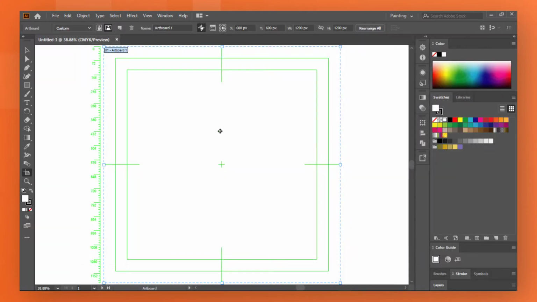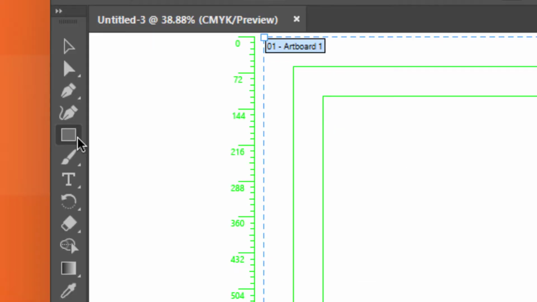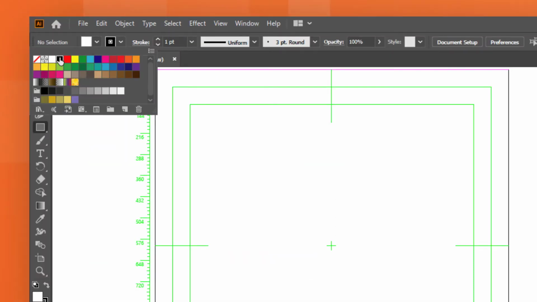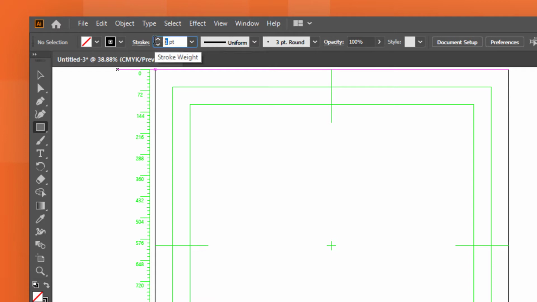Okay, we got this nice looking artboard. So what we need to do is first create a rectangle here. Move over to the rectangle tool or hit M on your keyboard in order to bring that up. Now make sure to change the color of the fill. I think it should be none, so I will choose none. Let's change the color of the stroke to around black, and the stroke should be around 40. 40 points should be great.